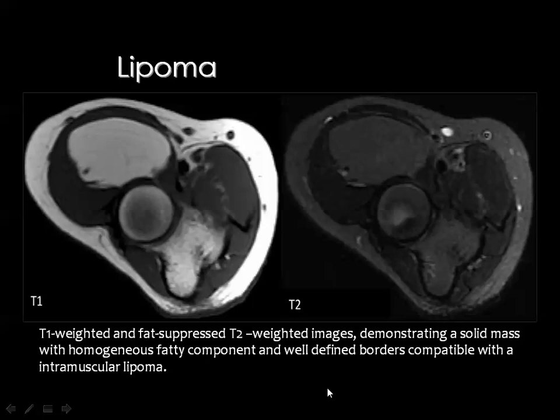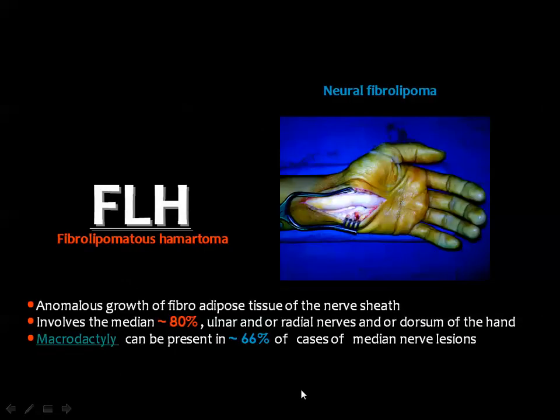Lipoma near the elbow. In the T1 weighted image, it shows similar signal intensity to the subcutaneous fat, while in the fat suppressed image, it shows suppressed signal compared to the fat as well. Then the second type of tumors in this category is the fibrolipoma, or the fibrolipomatous hamartoma, and